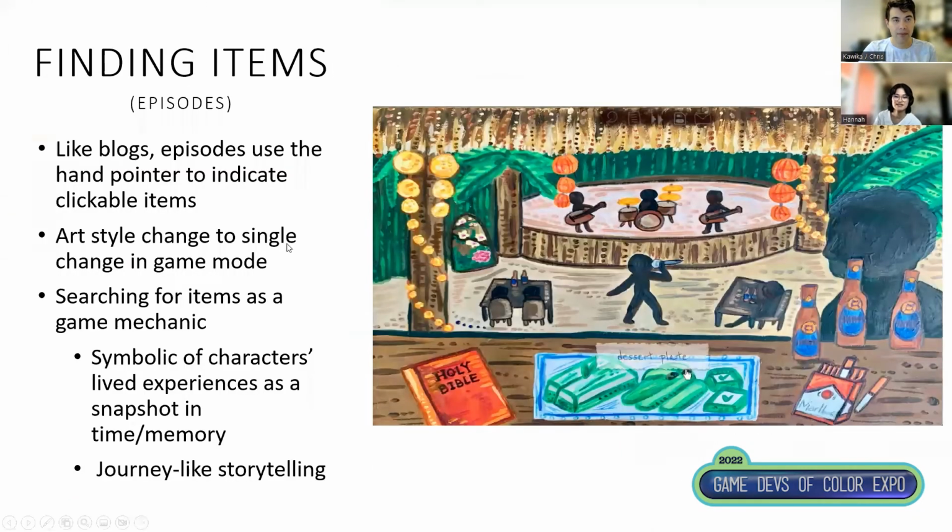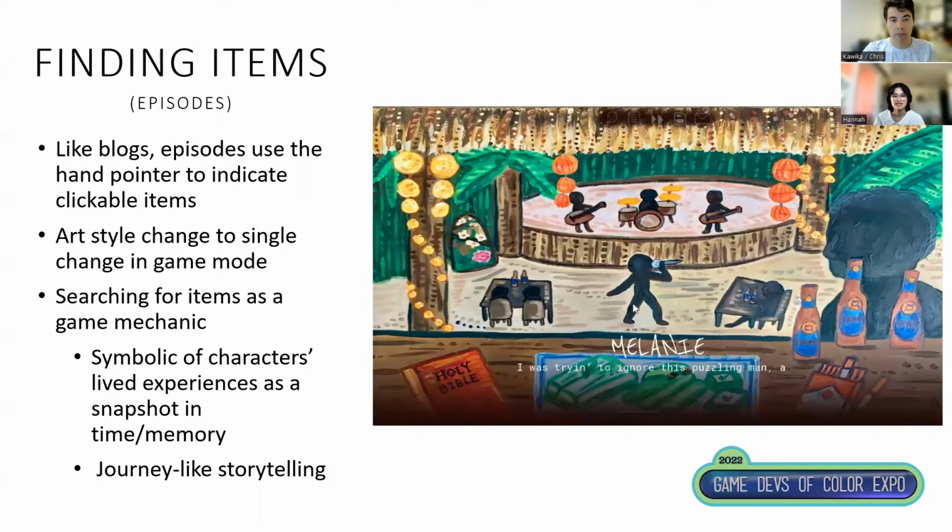In the episodes, this is when the playstyle switches to more of a point and click portion of the game. Players will see a different art style in the episodes indicating that change in mode, but all the clickable objects are not viewable to the player until they mouse over the objects. So searching for items that are unseen also makes the game a bit more exploratory in this mode, and you have to do some scavenger hunting for objects. And you don't really know how many there are or what they will reveal for you.